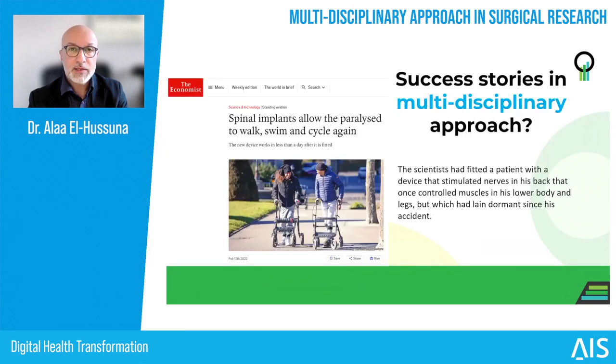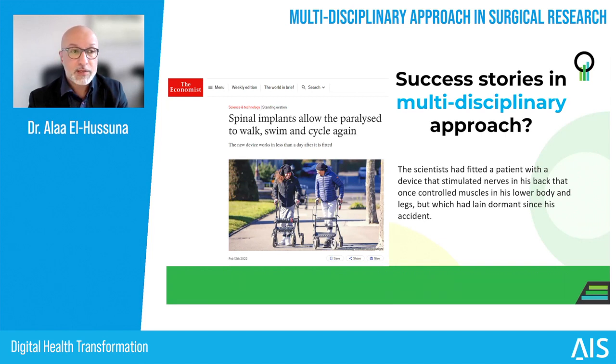Another recent multidisciplinary team approach to a problem is the problem of paralysis, because we have many patients who are paralyzed, for example, after trauma. In this approach, a team, and this is just an example, of neuroscientists, orthopedic surgeons, and electrical engineers fitted a patient with a device that stimulated nerves in his back that once controlled the muscles in the lower back and legs, but which lay dormant since his accident.